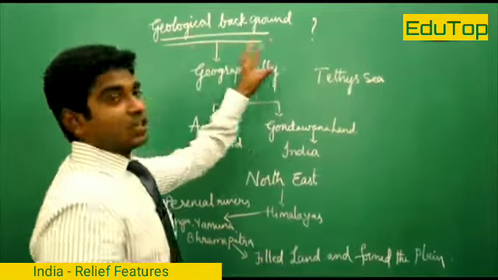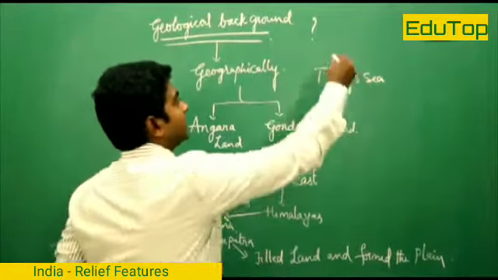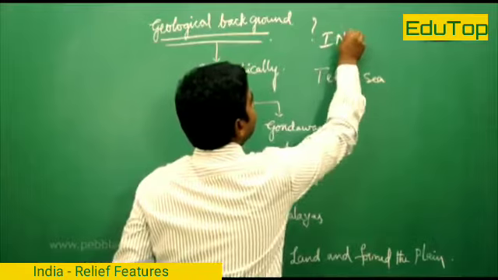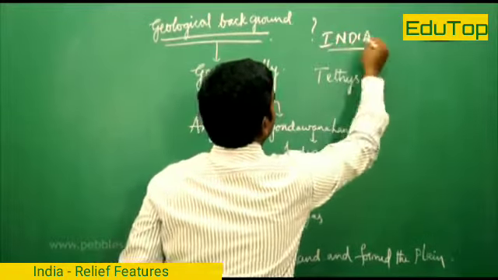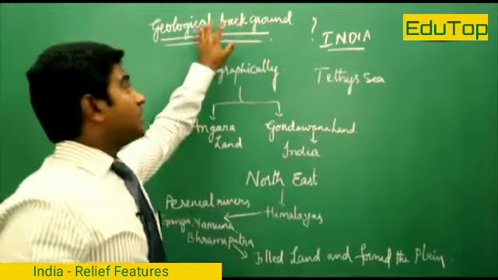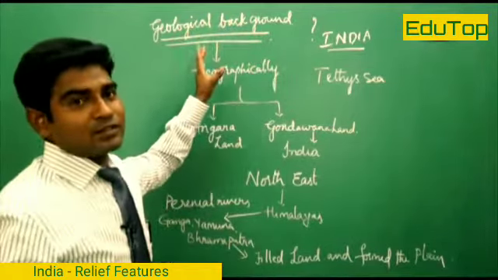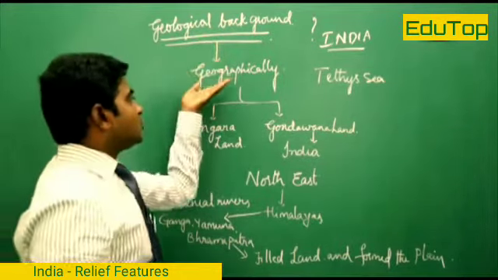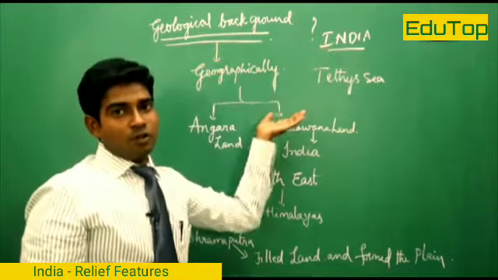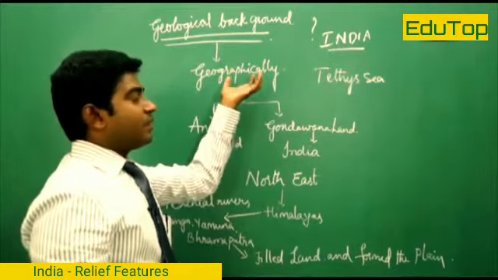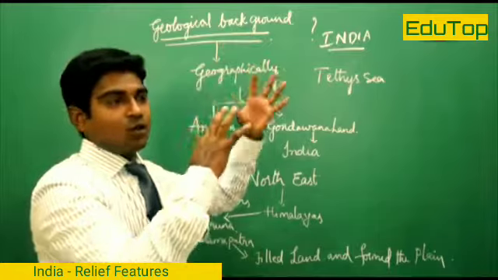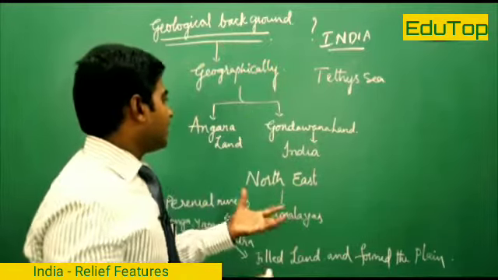Let us see the geological background of the formation of our country, India. How is India formed? Now let us see what the meaning of the word geological background is. See, geological background is not like rocket science. It simply means how India was formed geographically. How was India earlier? What collisions happened in the landforms?